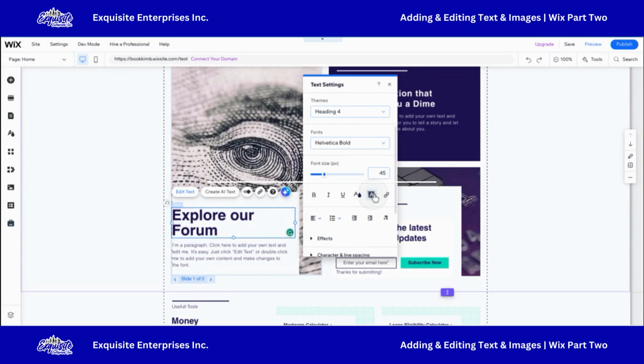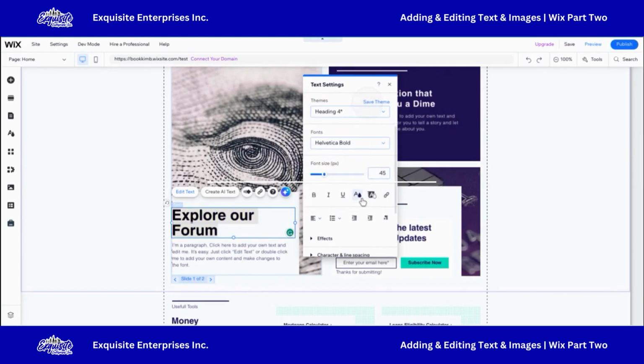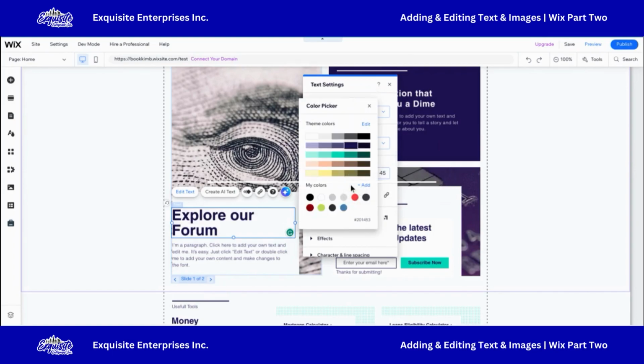If I click on that, another window opens up where you can pick a particular color. If you have, and I'll do this on the text color option, a particular color code of a color that you wanted to add in here, say you have certain brand colors that you want to make sure that you're sticking by, if you don't edit your site design over here, remember in the first video